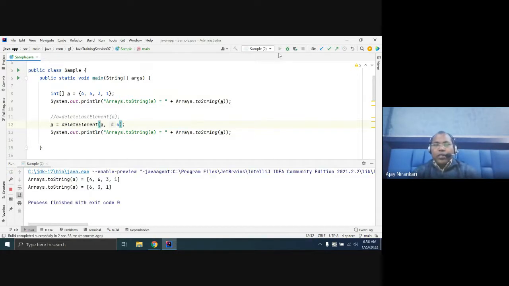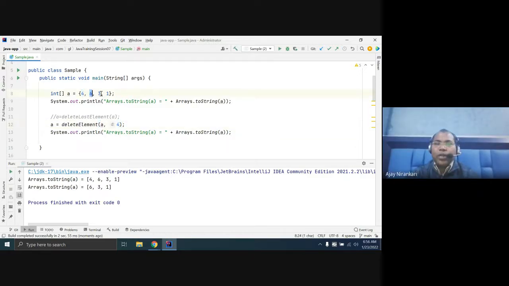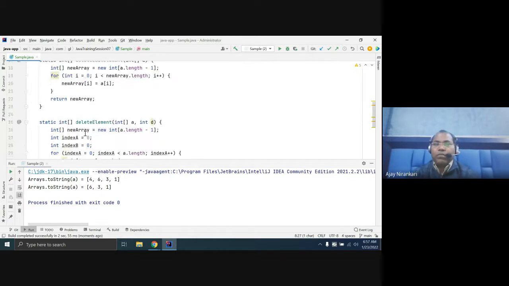Yesterday I discussed we can delete an element from an array in two ways. One is data wise, and the other is index wise. The second option is that I want to delete a specific index position. Yes, the data-wise version works fine. There is no problem, right?